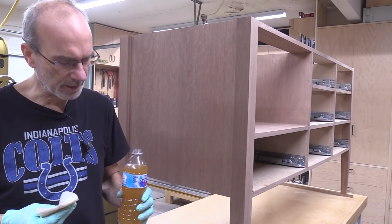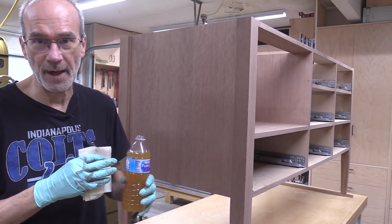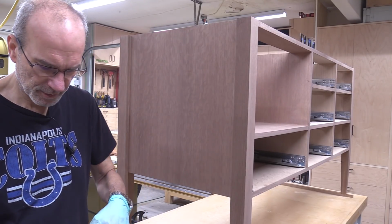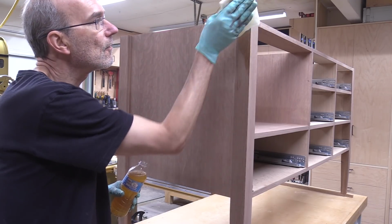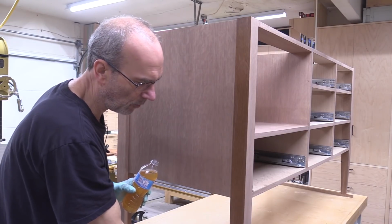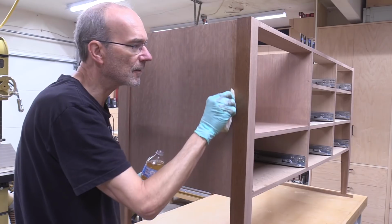I'm starting to put on the finish, and this is polyurethane 50% mixed with naphtha. I'm just applying it with a paper towel. Just going to make sure I've got a good amount on here and just wipe it on. It's kind of like almost Arm-R-Seal or the wiping poly that you get from Minwax. And I'm just going to put a coat of this on,